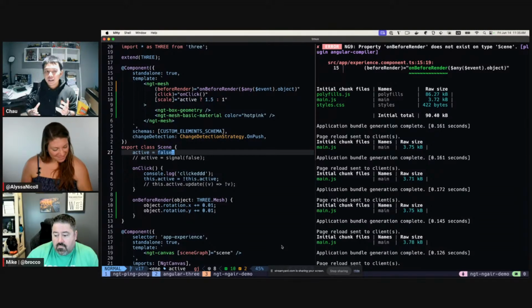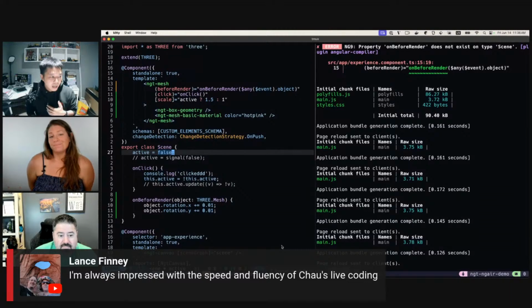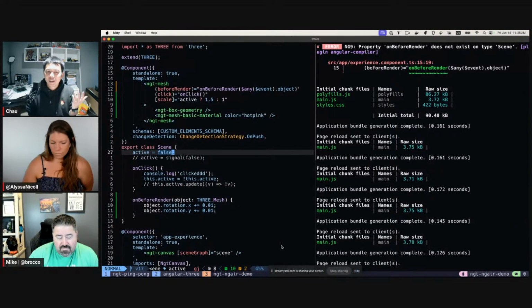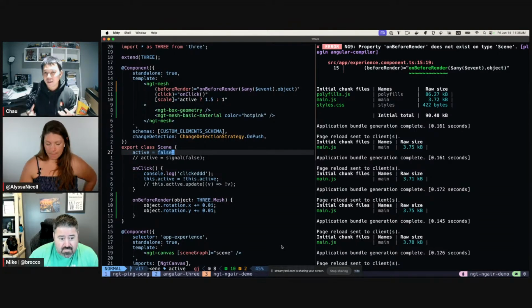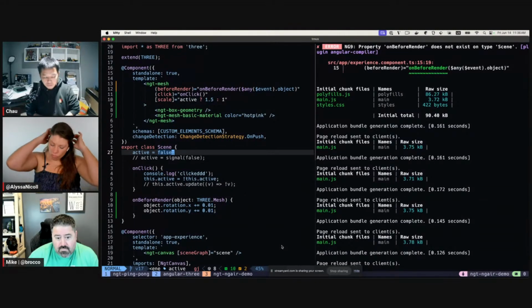Right. So let's say that now you're saying Angular Three allows you to leverage the Angular template to build a 3D scene. Great. I can render the cube and whatnot. But what if I want to change some state? That's the main selling point of using something like Angular. You can change state, you can react to state interactions.